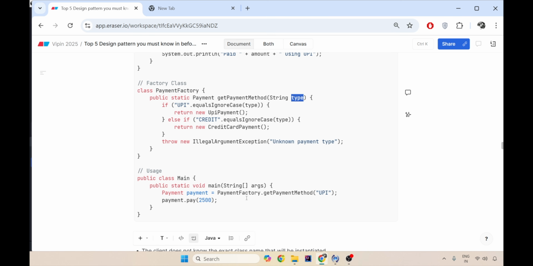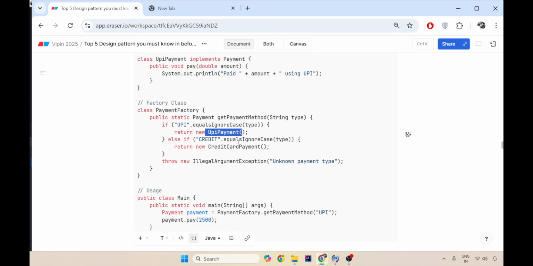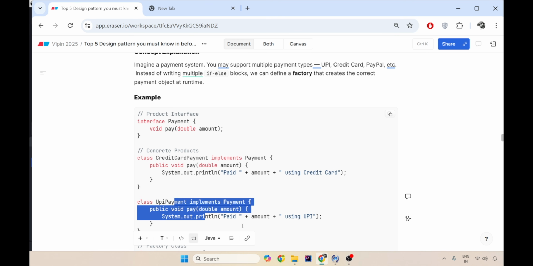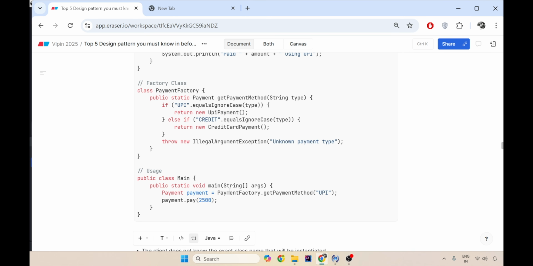Say that whenever a client comes and says, I want to do the payment through UPI. Then here in the argument, you will get the UPI. If it is UPI, you create an object of UPI payment class here and pay the amount using UPI. Else you will get the way to add your 16 digit credit card or debit card number and get the payment in a different way. Both are the two different ways of getting the payment.